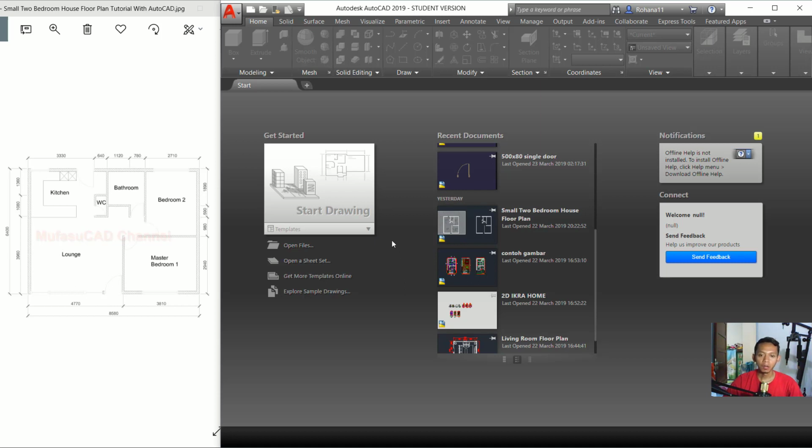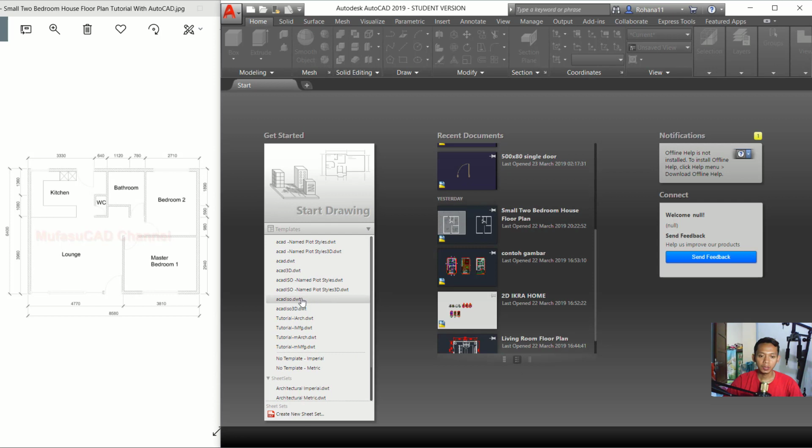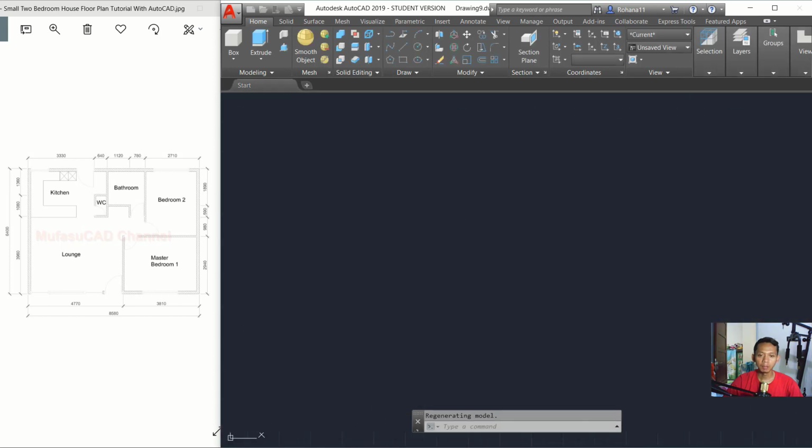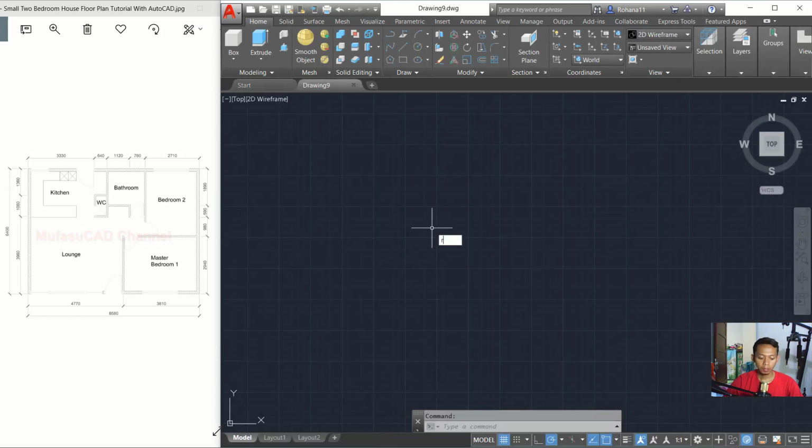This is an AutoCAD basic tutorial on how to create a small 2-bedroom house floor plan. First, I will use the AutoCAD ISO template. This is in millimeters. Next we can create a rectangle in here with a length of 8580 and for width